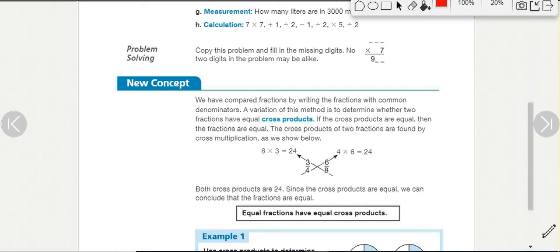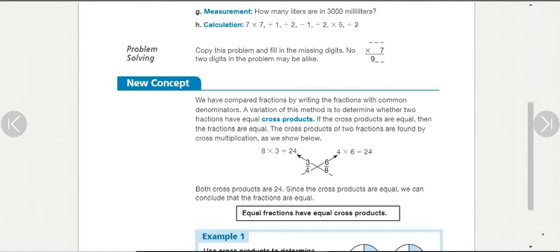Course 1, lesson 84 is about proportions, but this time we're going to solve them a new way, and I love this lesson. I love this way to solve proportions. I think it's really fun, and I really hope you choose to do it the way we learn with cross products. We already talked about proportions a few days ago, if you remember, and we learned how to solve something